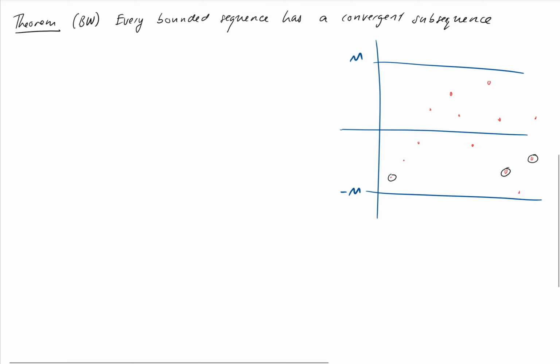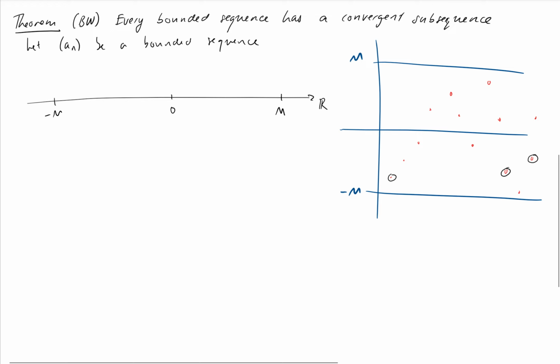So to get started on this, we're going to have to first produce a subsequence that we can show converges to some particular limit. Okay, so this one, we've got to get a little bit creative here. So to start off with, I'm just going to draw my number line here. Here are the real numbers, and I've got 0 here. So we've got, let a_n be a bounded sequence. Okay, so if it's bounded, it means that we can have a bound. So I'll let that be m, minus m.